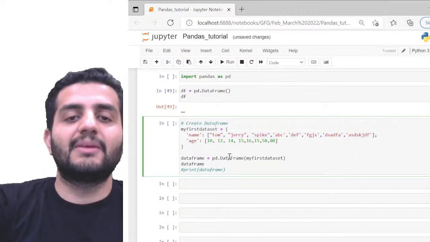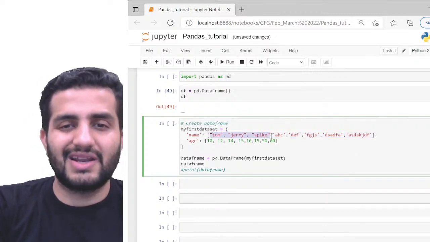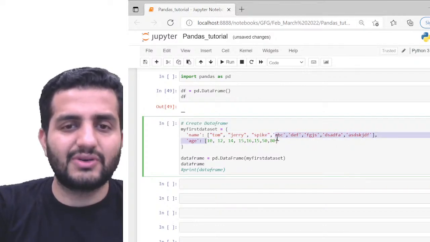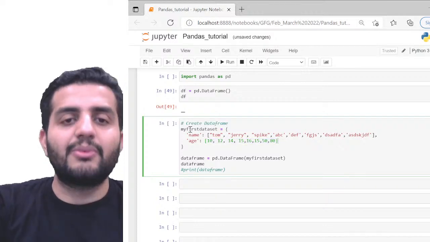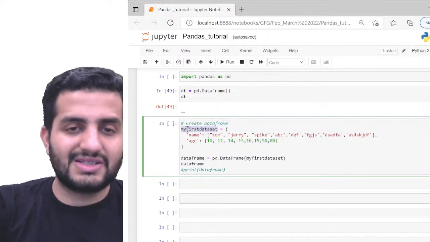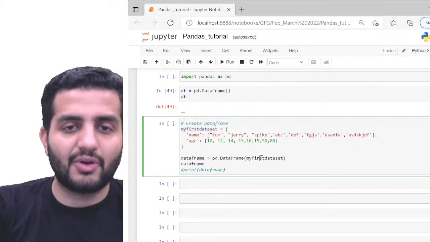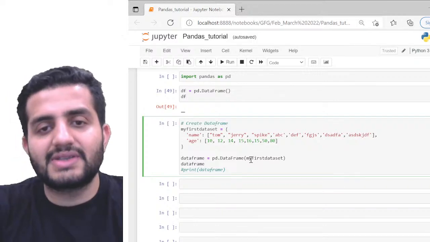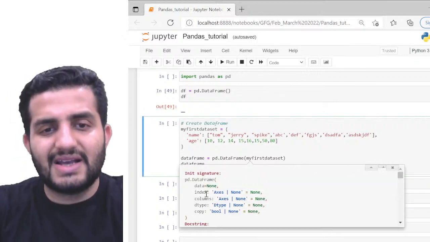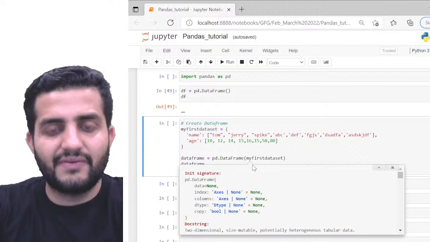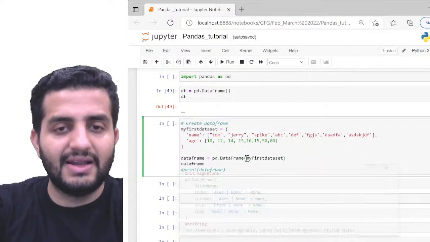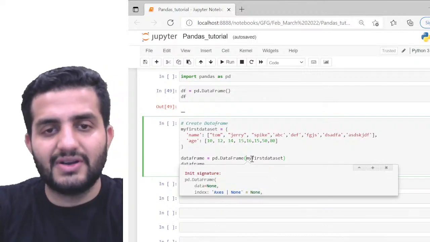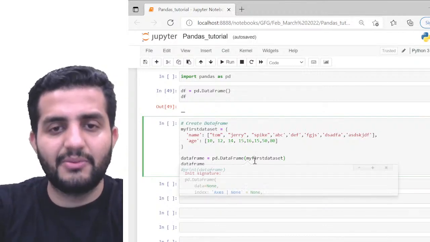So for example, here I'm passing in the name, I'm passing Tom, Jerry, Spike, and then some other random names as well. And likewise I have age, where I'm passing the age of all these people. So now what I'm doing is passing this exact dictionary to DataFrame. And in DataFrame, we know what arguments are there: we have data, index, columns, and everything, right? If I'm not passing the name of any argument, then by default the first argument is data. So this by default becomes your data.